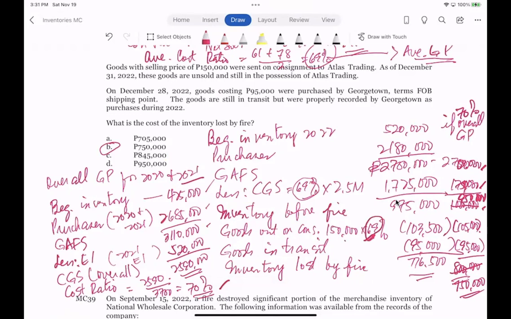So 150,000 times 70% is 105,000, minus the goods in transit, which is given at cost, purchase FOB shipping point 95,000. So therefore, using the overall gross profit ratio, the cost of missing inventory, the inventory lost by fire,